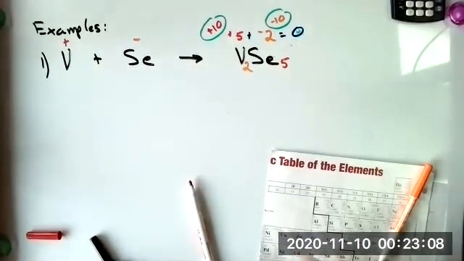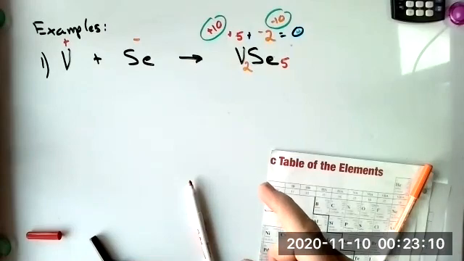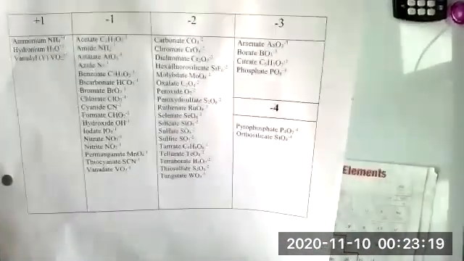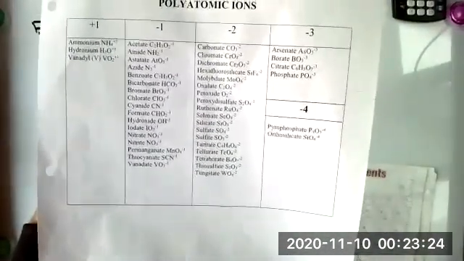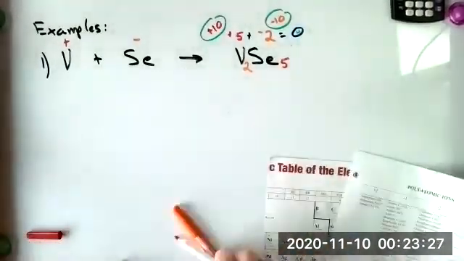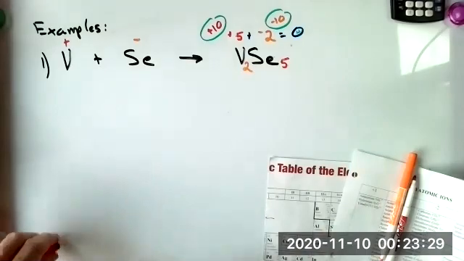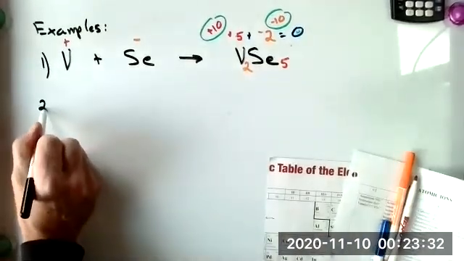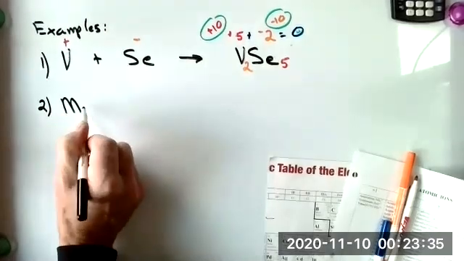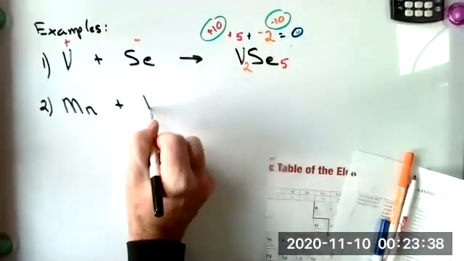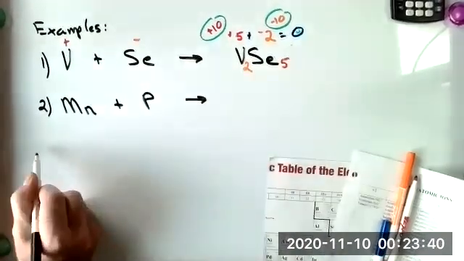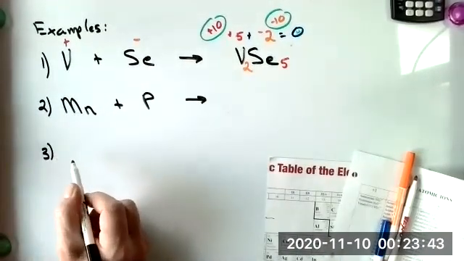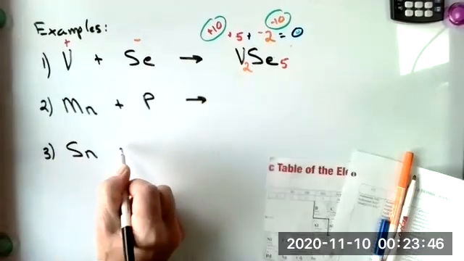All right, let's do this. Find your table. Let me give you a couple practice problems, and then let's throw in some of these guys as well. Remember, these guys will always occupy this second spot because they have negative oxidation numbers. Okay. Let's get a series of problems here. How about you deal with manganese plus phosphorus, number 3, samarium plus